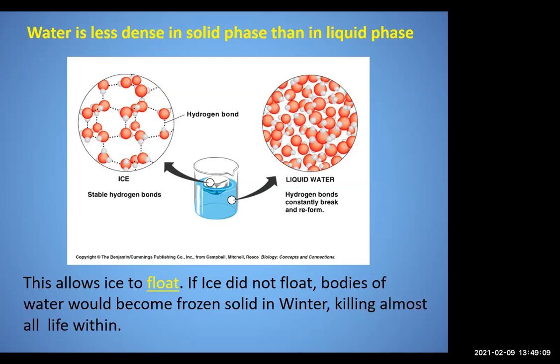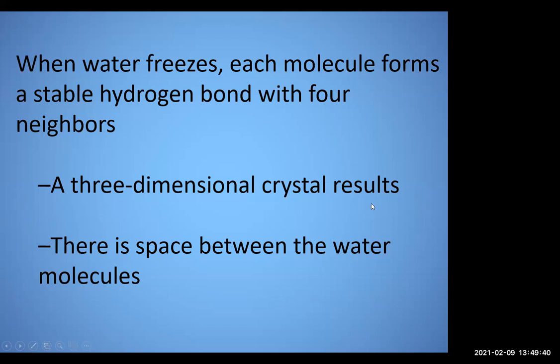And what happens is the hydrogen bonds actually expand as they become more stable. So as they freeze and become a solid, they actually expand, which is a rare property. And yeah, if they didn't, then our oceans would freeze over, and the lakes would freeze over, and everything in them would die. So eventually we would die. So kind of cool property. Of course, ice isn't necessary for life. The planet has been free of ice before, and I guess we're heading that way. Back in the time of the dinosaurs, there were no poles, no icy poles for a while.